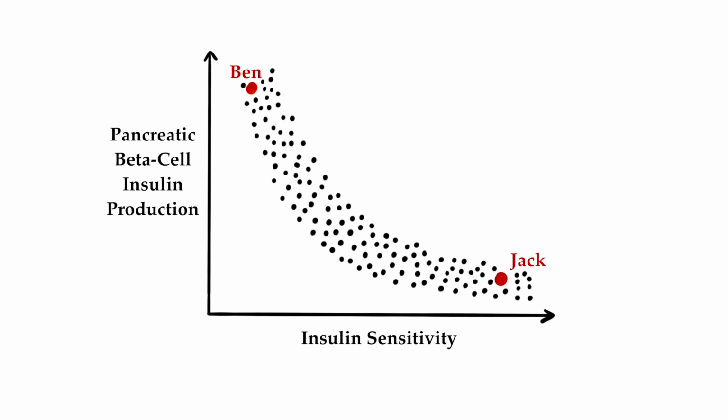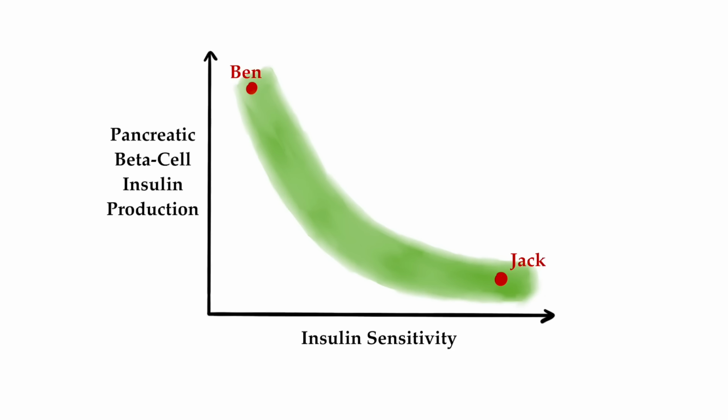How much insulin needs to be produced depends on how insulin sensitive their bodies are. These folks here are very insulin sensitive, so their beta cells need to make fairly little insulin. These people up here are not very insulin sensitive, so their beta cells need to make a lot of insulin. In all of these people, blood sugar levels are in the normal range, and if you only measured their blood sugar level, you wouldn't know that they actually differ quite a bit in how they achieve their normal blood sugar levels. Let's just make this area green, showing that as long as someone's insulin sensitivity and beta cell insulin production fall into this area, they have normal blood sugar regulation.